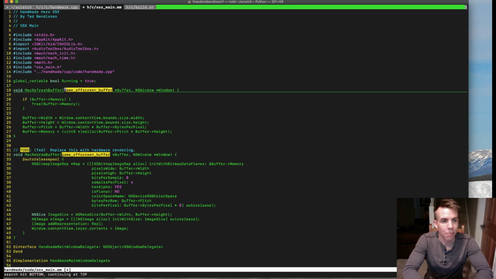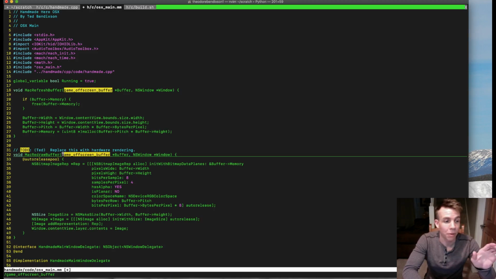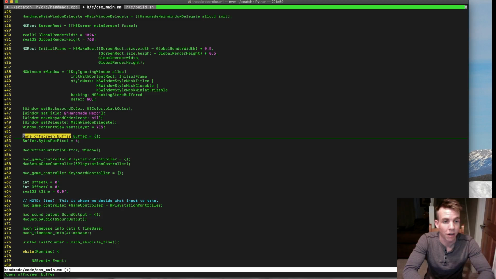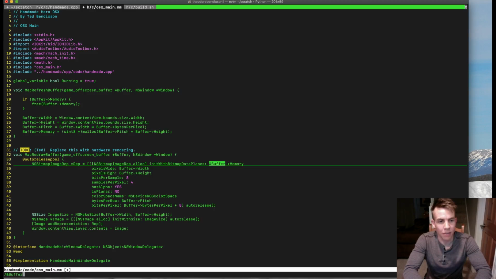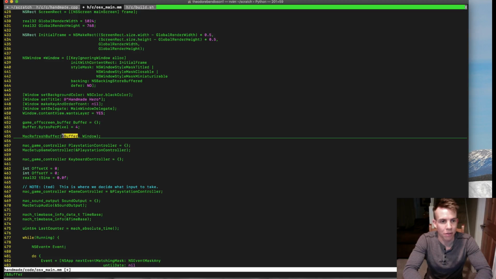Okay, so that is going to take a game off-screen buffer. This thing also takes a game off-screen buffer. Remember, we've pretty much just renamed the structure. There's really nothing different there. So this is the initializer for the off-screen buffer. All right, and let's see. I think we just need to change the name of the